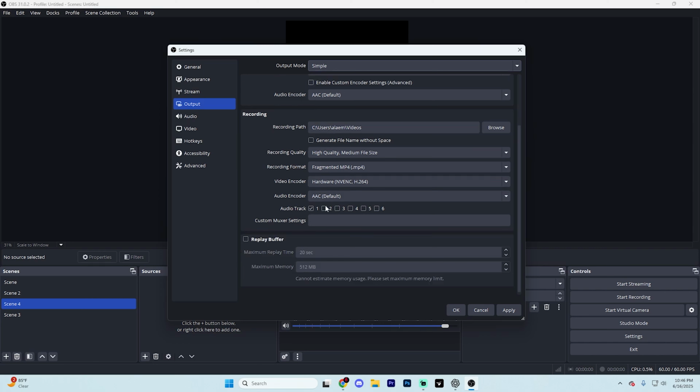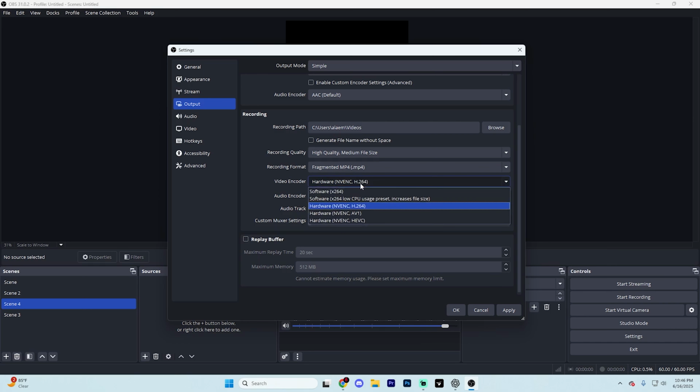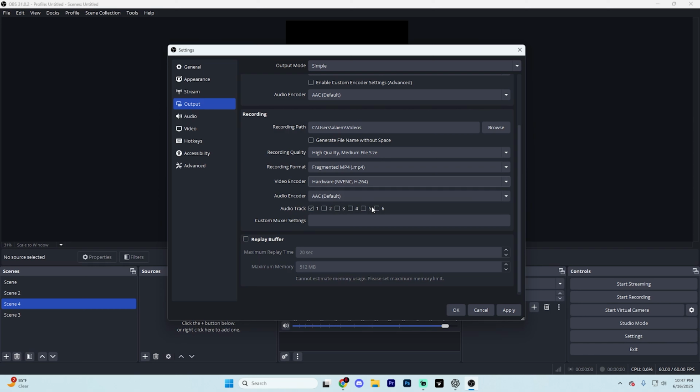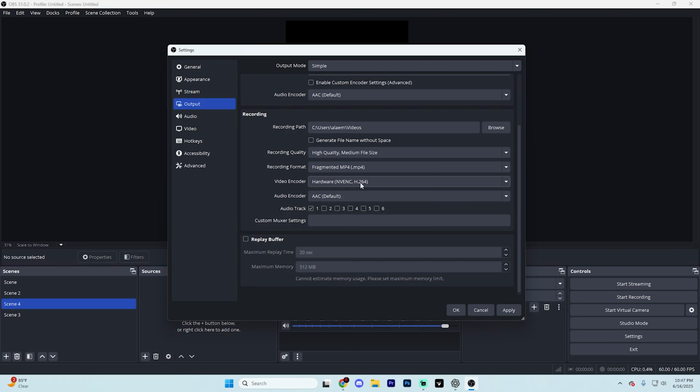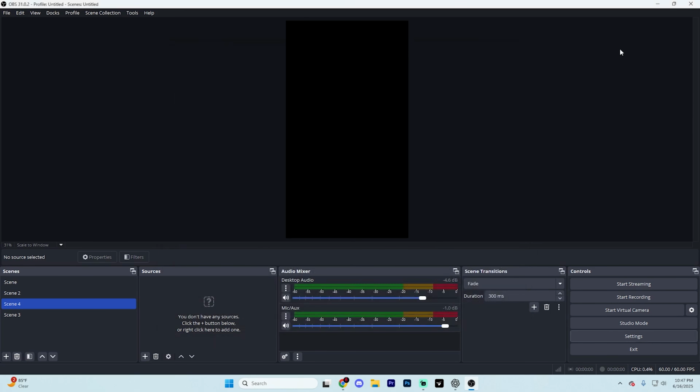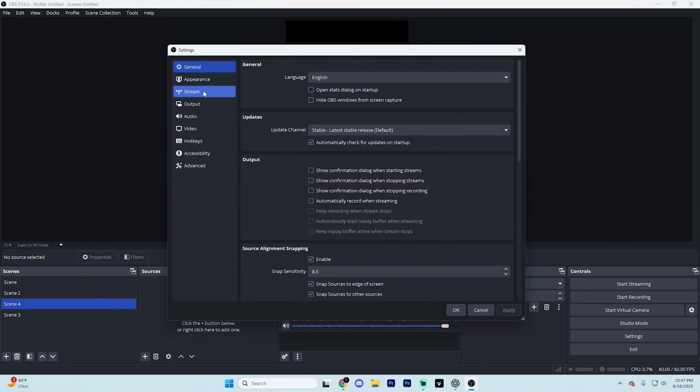Now you'll see a recording tab in here. You want to go ahead and choose a recording path to be somewhere on your PC that you know where it is. And I also recommend making sure that your recording format is on MP4 and your hardware encoder is on NVENC H.264, just because it's easy to edit like that. If you don't have that, you can always go ahead and use Software X.264. This one's just a little bit better. It takes less pressure off your CPU. I definitely recommend this one more. Once that's set though, simply go ahead and hit apply in the bottom right and then hit OK to close out of these settings, or stay in them, because we're going to want to also go ahead and navigate to